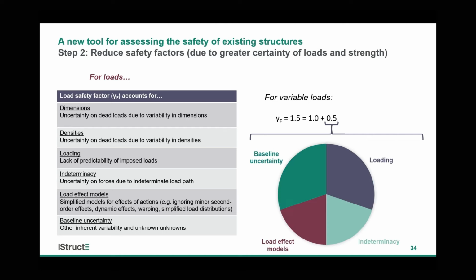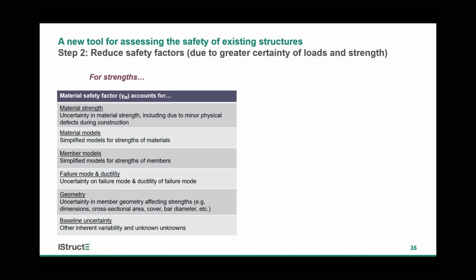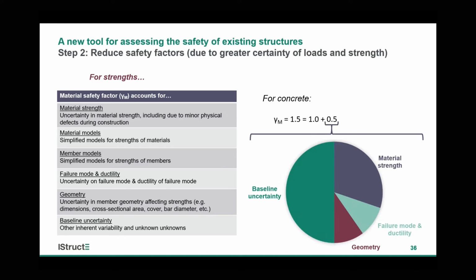What we've done is we've done this breakdown for lots of the typical factors that you would encounter. So, for example, here we've done it for variable loads and assigned it to these relative weightings. And we've also done this for strengths. So here are the typical things that the strength factor might account for, and there's lots of things associated with the material strength, and then some things associated with the modelling, or our simplified models for calculating the strengths of members. So, as an example, here we've got one for concrete where we're breaking it down into